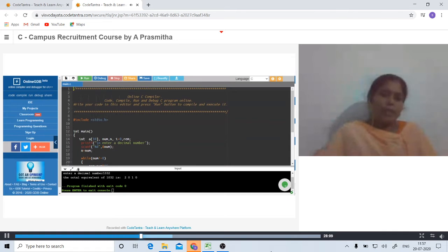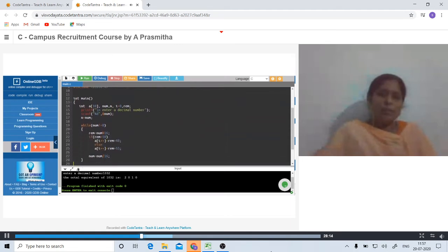So until number is not equal to 0, we are doing this process. We are storing the remainder in REM and we are checking the condition. If the remainder is less than 10, we are adding 48 to the remainder and storing it into the array. If the remainder is greater than 10, we are adding 55 to the remainder and storing it into the character array. Now for the next iteration, we are dividing number with 16 using the division operator so that we can get the quotient into NUM. This procedure will repeat until we get the answer.